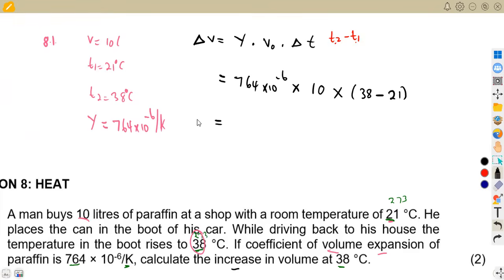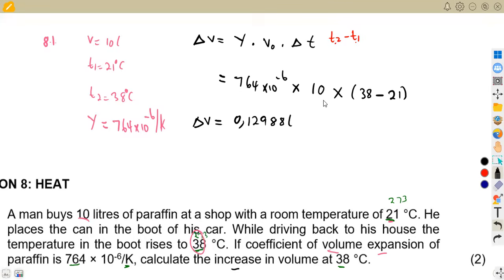All right, so this is going to give us the change in volume. An increase is a positive. A decrease in volume is a negative. So this one, if you calculate properly, we are going to obtain